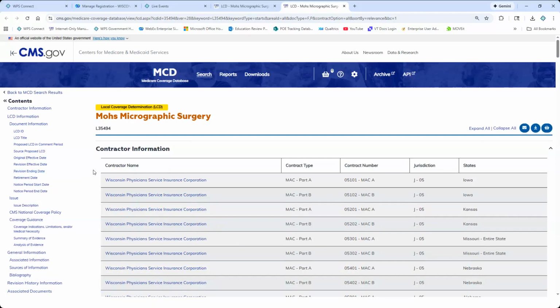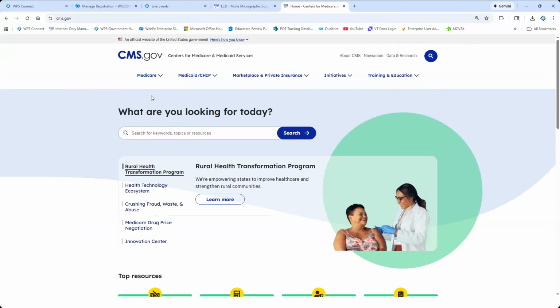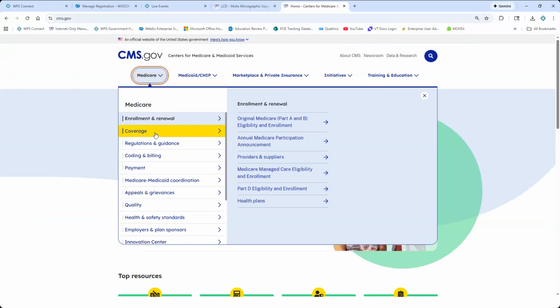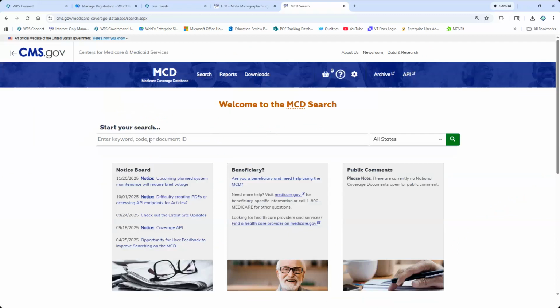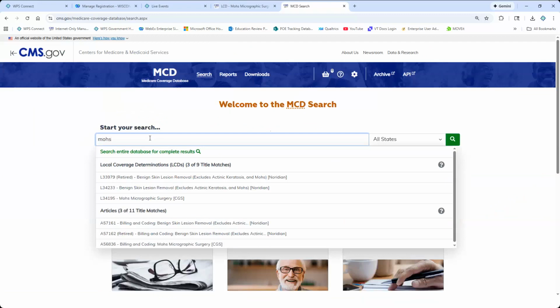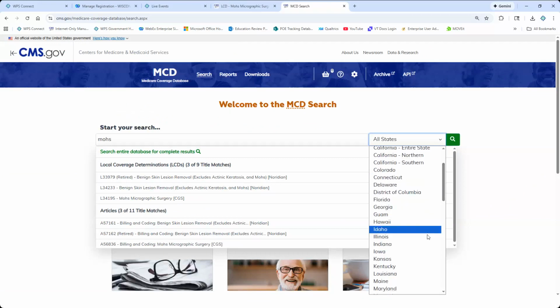But what if you didn't have this slide deck and you didn't have that quick link available? You could go all the way back out to cms.gov. So you know enough to know that all LCDs are housed on CMS's website. If you go to cms.gov and you click on Medicare and you go to coverage and you go to Medicare Coverage Database or MCD, you can simply type in the words Mohs. And then what you're going to want to do to make sure you get to our LCD is you're going to want to pick one of the J5 or